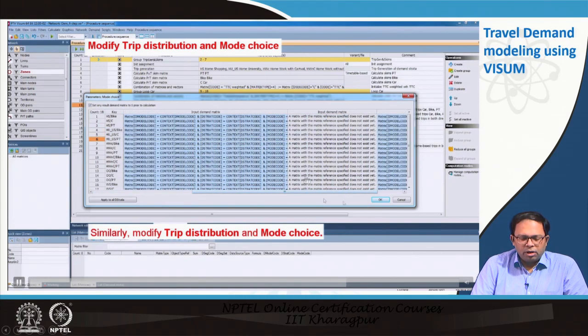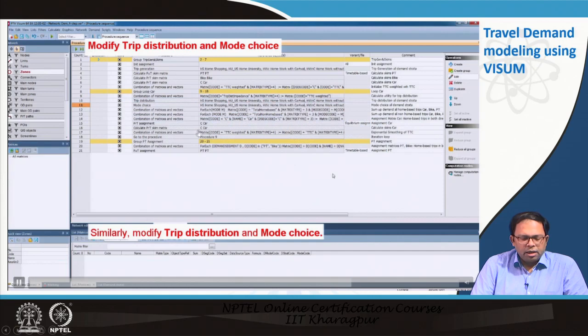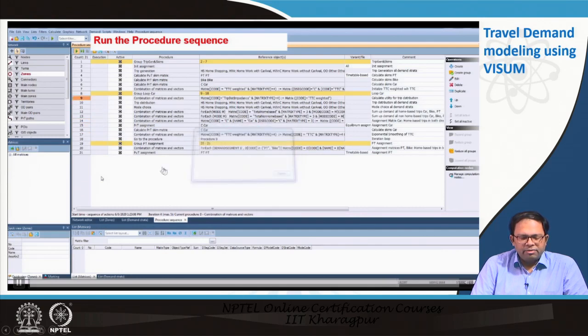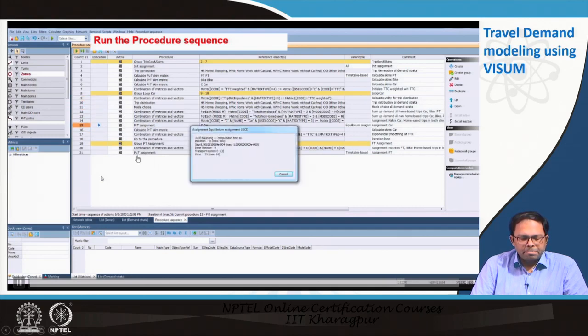So, now that we have got our full equations, we are ready to run the model, and then we run the model. So, just look at the arrows. Over here it is going in sequence, and now here it is looped because there is assignment. We do several loops over here until there is convergence. So, we do the PT assignment, and then finally, we have convergence. So, you can see the number of iterations going on.